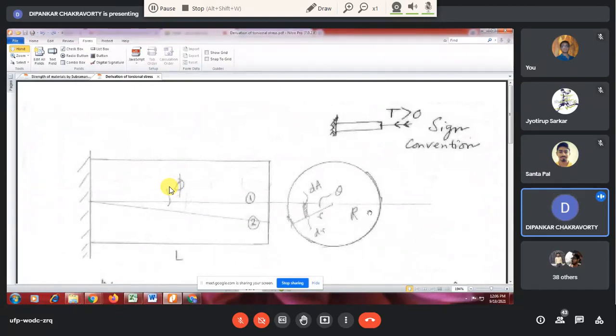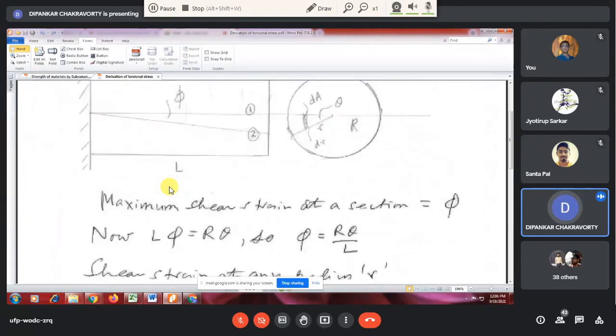the entire strip area. I mean, dA is not only this part, dA is basically 2 pi r into dr, okay? Because the shear strain varies from 0 at the center up to maximum here. So the shear stress will vary from 0 here up to tau max here. So all the points which are small r away from the center will be subjected to the same shear stress value. So the elemental area will be 2 pi small r into d small r, and that into tau will give the shear force.